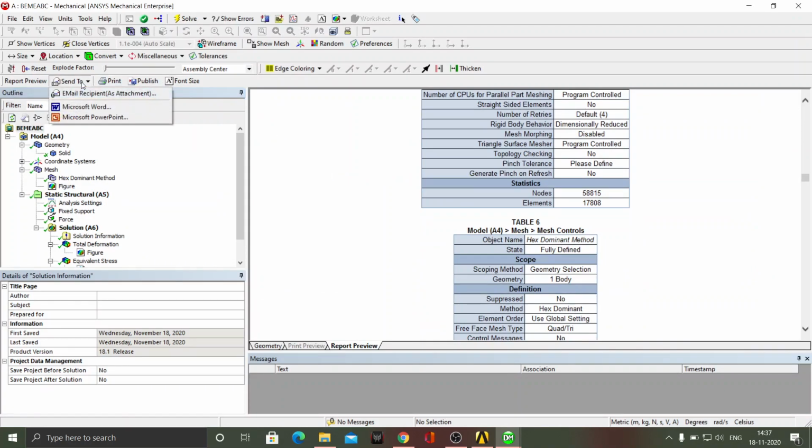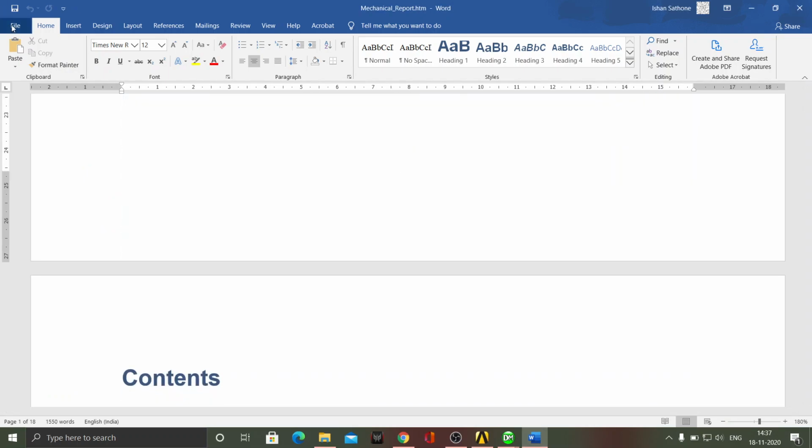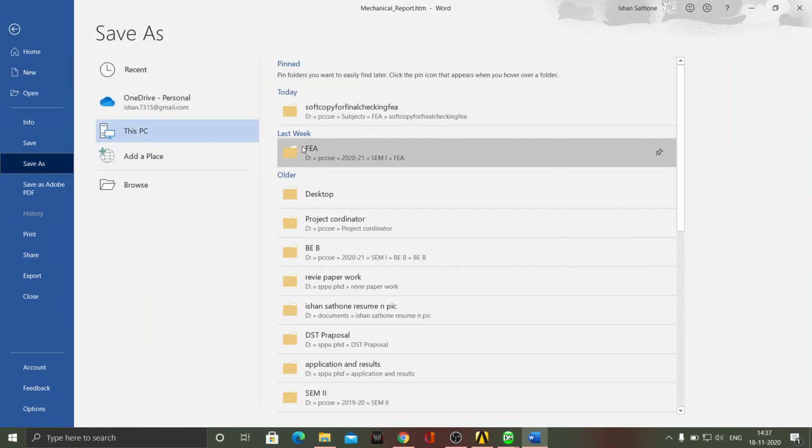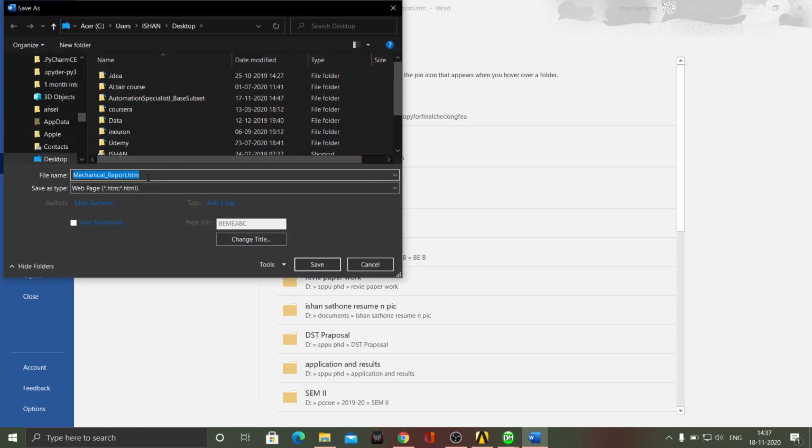Again we will go to send to Microsoft Word. It will generate the report in Microsoft Word. We will go to file, save as. We will select a proper destination, and then we will rename it with again your roll number. But now it is a fine or medium mesh.